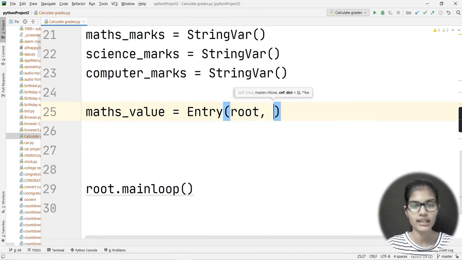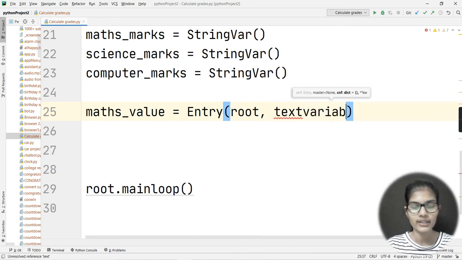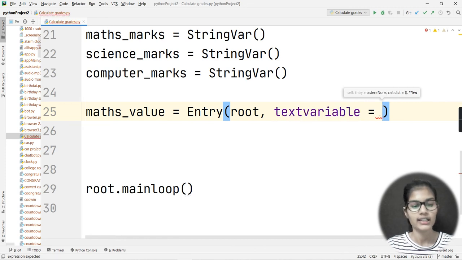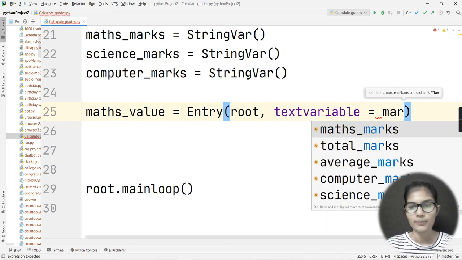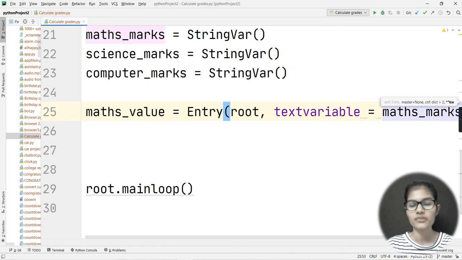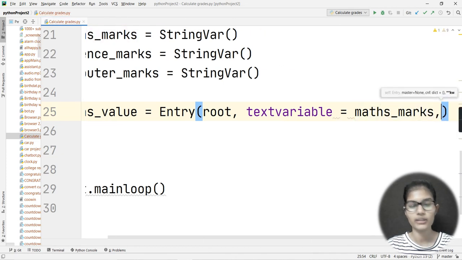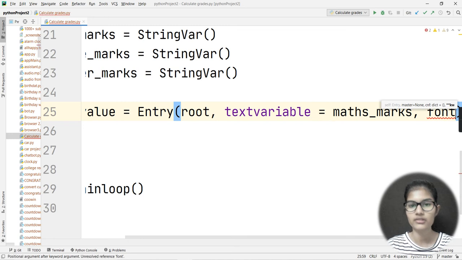Right, now here I would be giving one parameter, let's say that is text variable. Now text variable, what it actually does is it takes the variable name in which we have stored what type of input I want from the user, right? So text variable is equal to maths underscore marks. Above only we had made three variables, maths underscore marks, then science and computer, right?